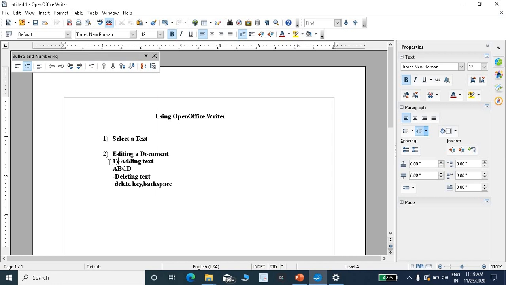This is the first point, editing a text, and the second one, deleting a text.